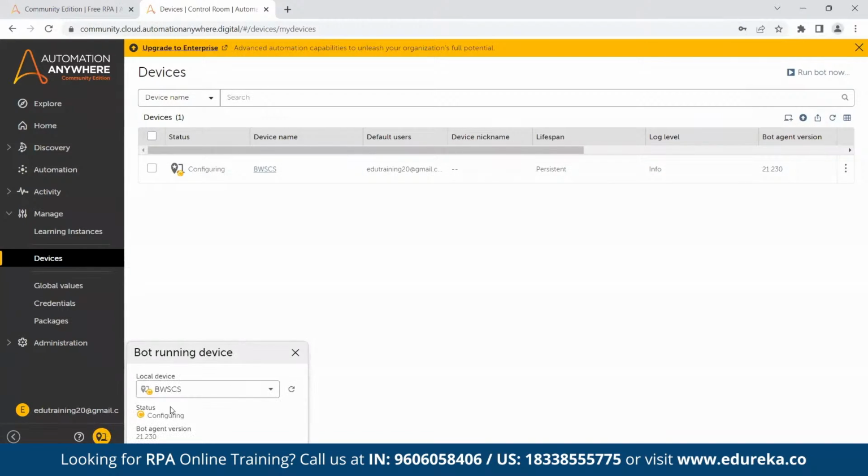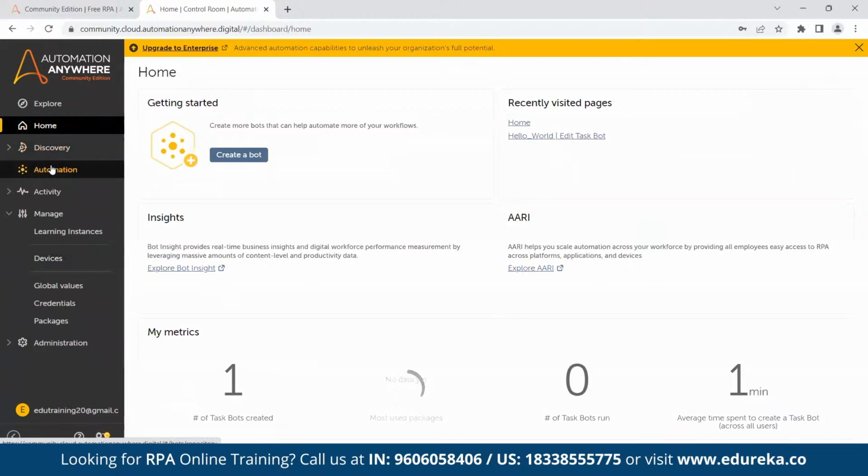It will take a while. I will have to restart the system, but anyway, this is how we run the